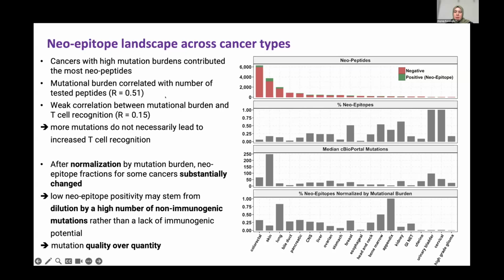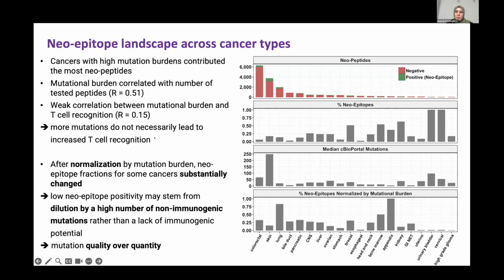So to account for the differences in mutational burden across the cancer types, we again wanted to look at the median mutational frequency derived from the CEDAR portal and then normalize the number to account for this. So here we have the median CEDAR portal mutations per cancer type, and here we have the normalized neoepitope fraction. And we can see that after normalization, there are some important shifts. For example, colorectal cancer, so we compare now this panel and this panel. This is the raw neoepitope fraction, and